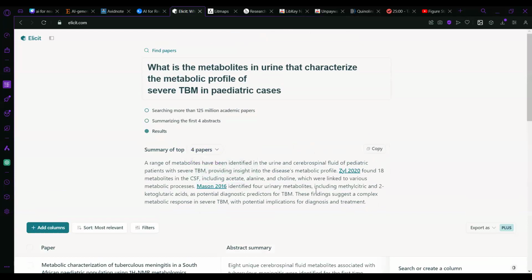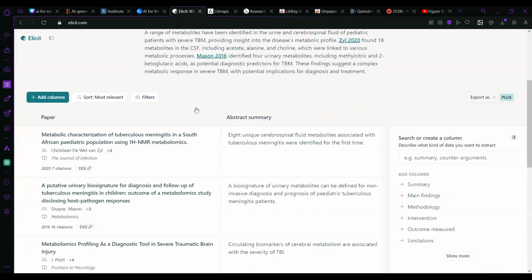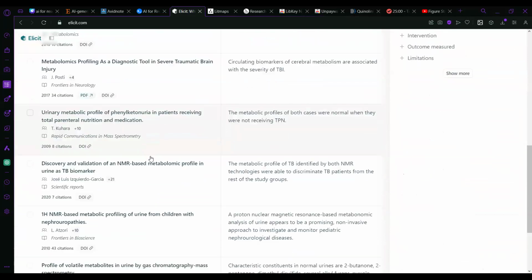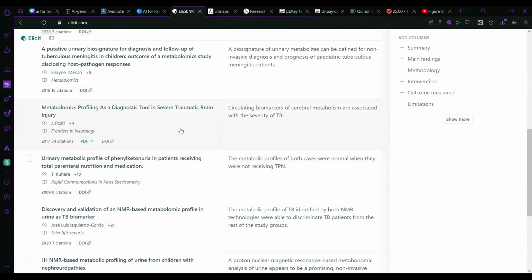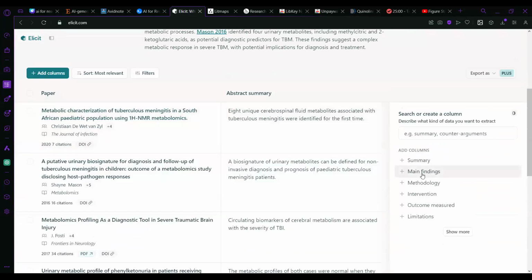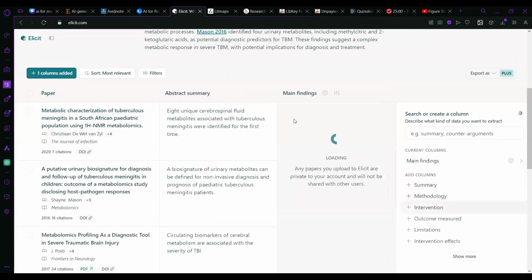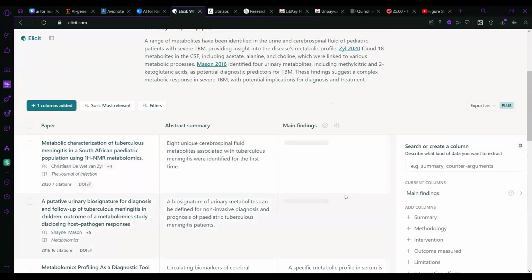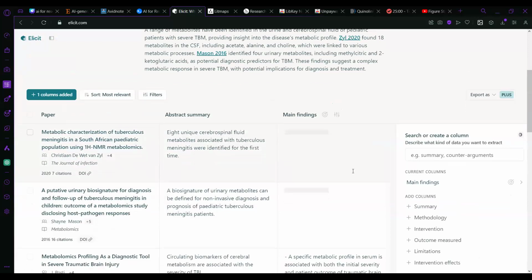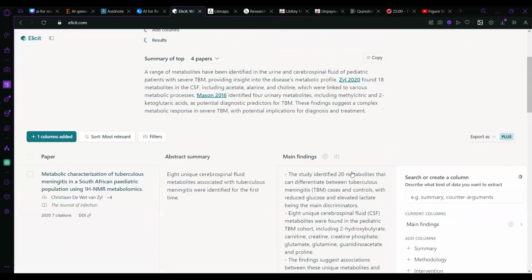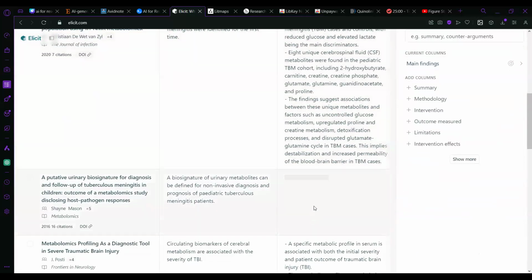So it will just give you a summary of like the top 4 papers related to your research question. So that's quite cool. And then afterwards, it will give you the top couple of papers, and then you can read. And then what's also very nice about it is you can add columns here at the side for the main findings of all of these papers, and then it'll summarize the main findings of these papers as well.